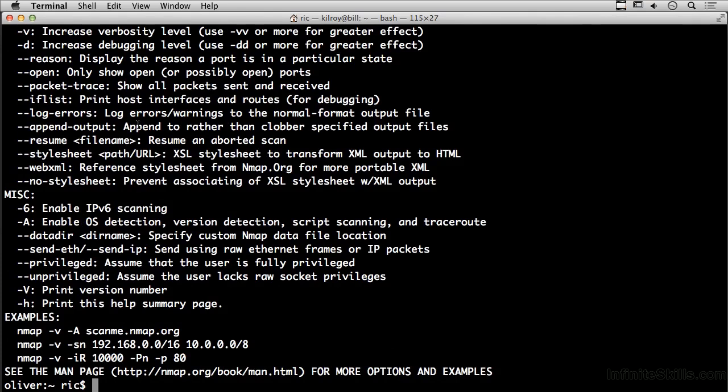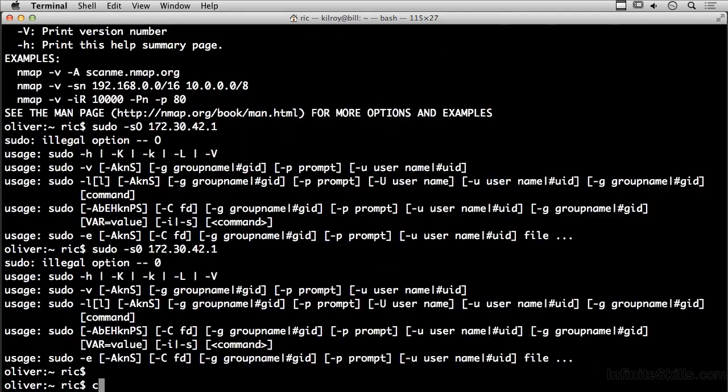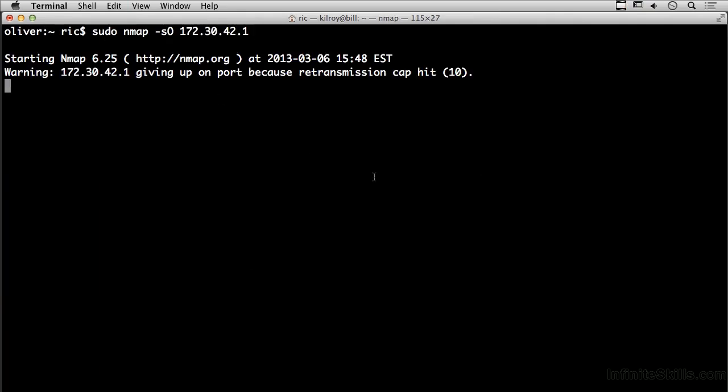So we can check what protocols may be supported if we did something like this. 172.30.42.1. We're running a protocol scan, and we should be able to see the different IP protocols that are supported on this particular system. So it's going to run through this list of IP protocols,